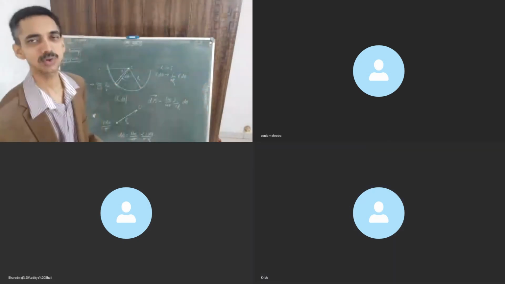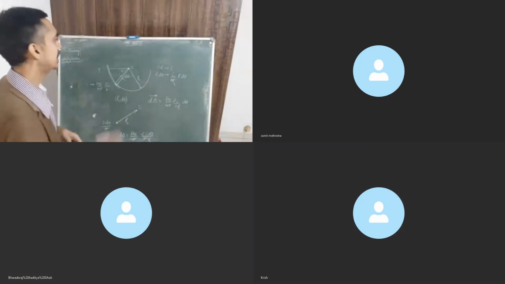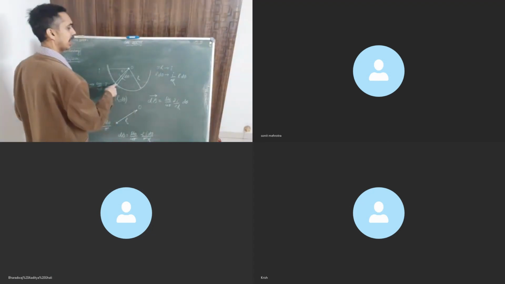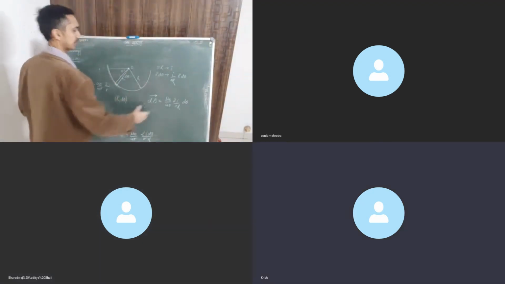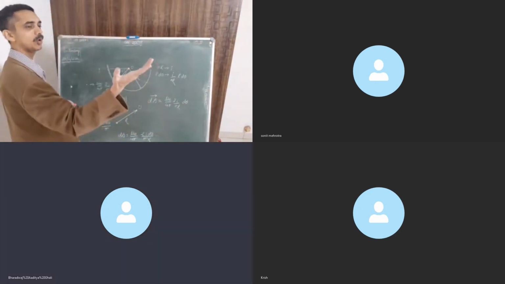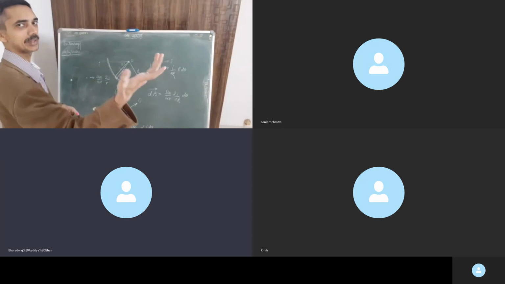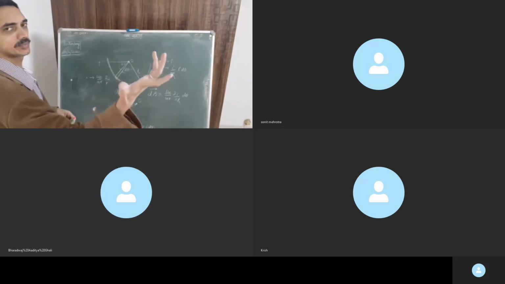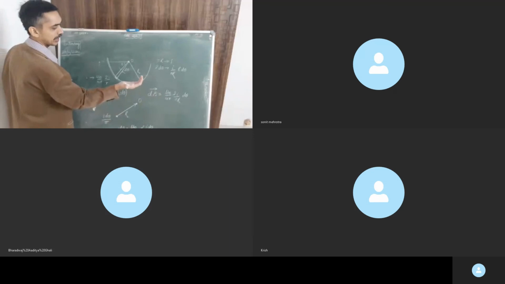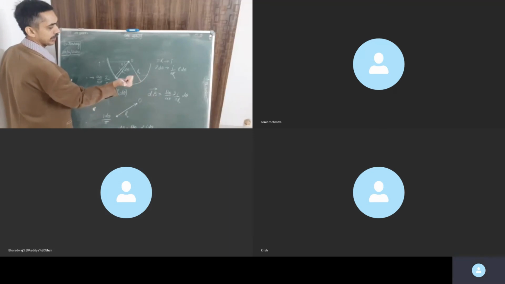For that, what I was asking of Aditya is, dB due to this cross sectional length r d theta will be in which direction? Magnitude is this, okay. But direction, how will I get? What am I to do? I am to place the thumb out of the board in the direction of current, correct? I place the thumb in the direction of current and curl my fingers. Got it? Yes, sir.